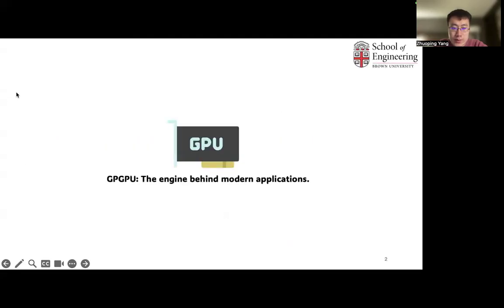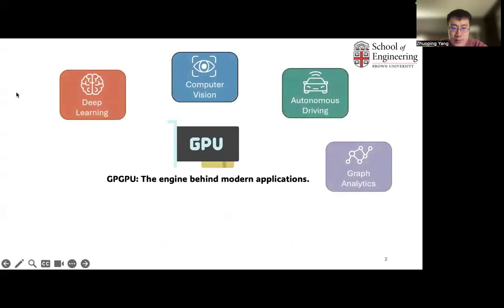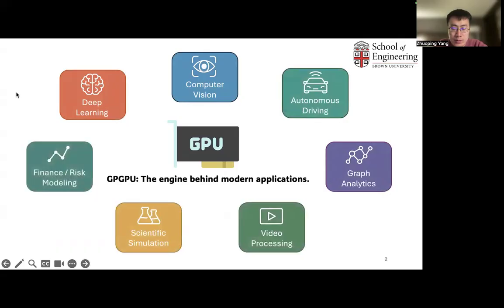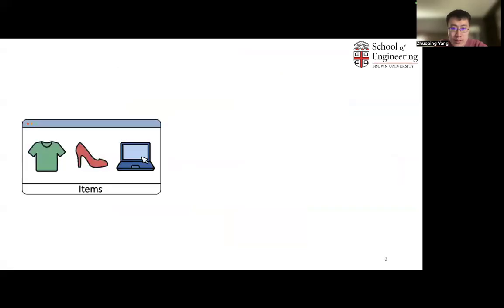Nowadays, general-purpose GPUs are the main engine behind modern applications such as deep learning, computer vision, autonomous driving, graph analytics, video processing, scientific simulation, or finance or risk modeling, and especially AI applications, and they are really now reshaping the world. If we take a look at specific AI applications, assume that we are now browsing some online shop, and